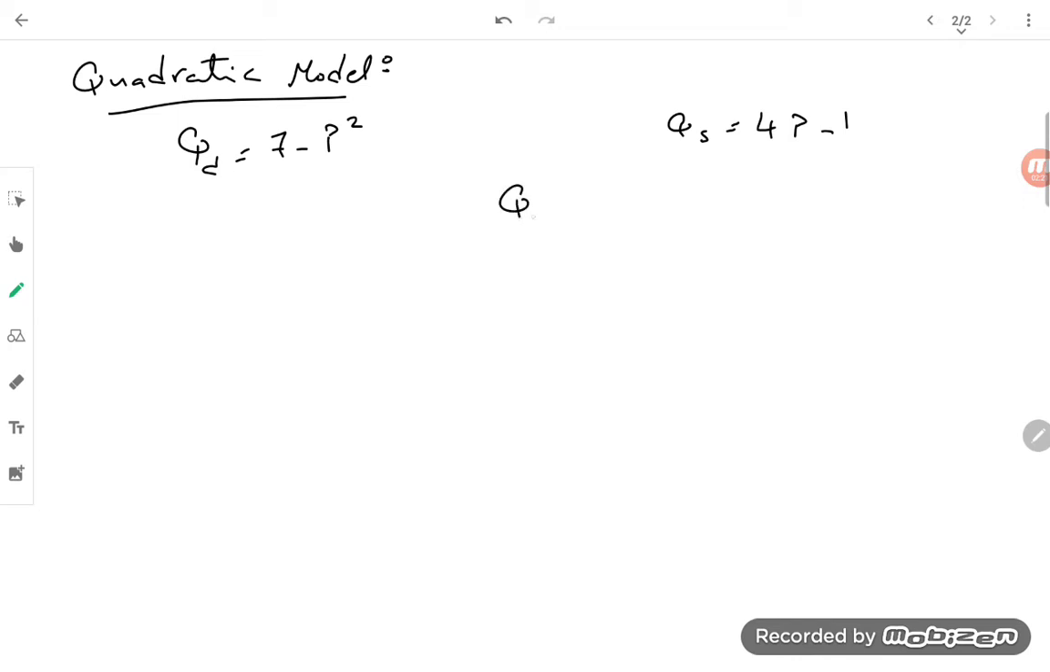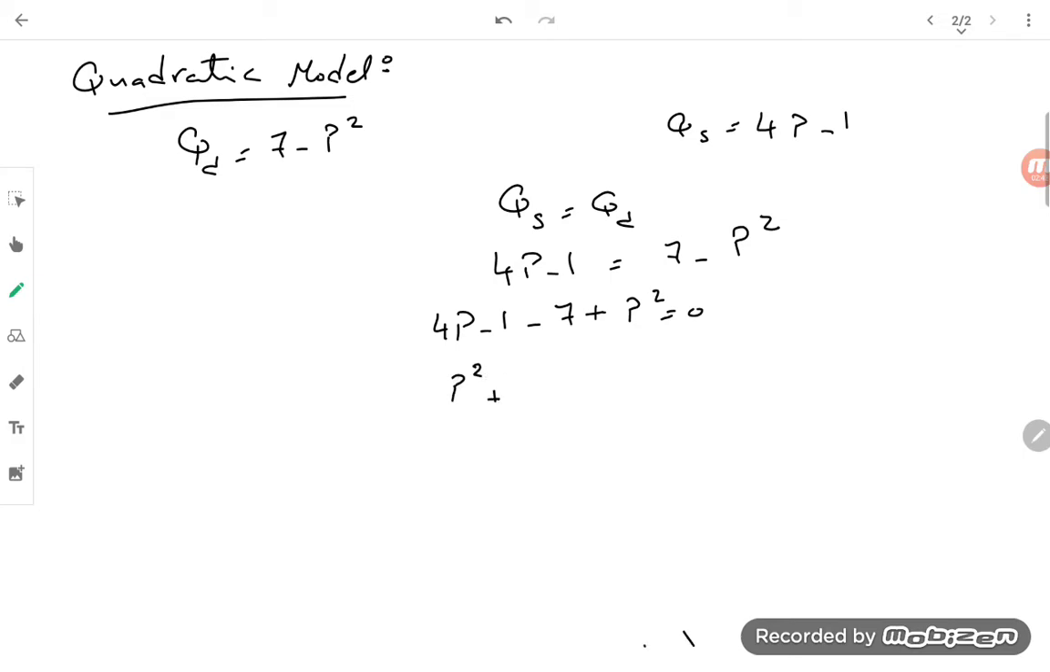Equilibrium will be achieved when QS equals QD. So 4b minus 1 equals 7b minus b squared. We can write it as 4b minus 1 minus 7b plus b squared equals 0. Then we can rewrite the equation as b squared plus 4b minus 8 equals 0. Now we can use the quadratic formula in order to solve the equation,